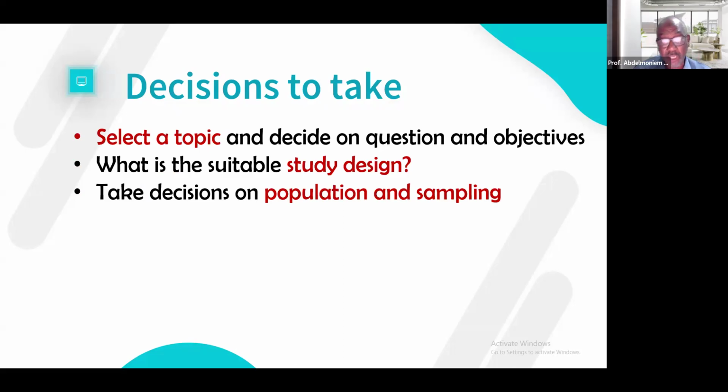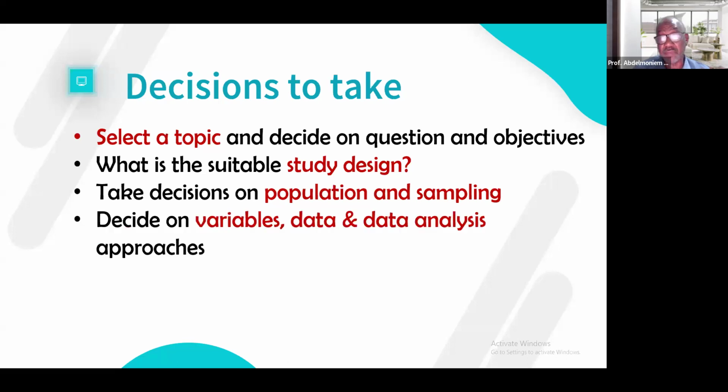The sample size, which population, which is the accessible population, and so on. And what sort of sampling I can use for this research, etc. Can this decision be held by AI? And also you need to decide on variables, on data analysis. Which approaches are you going to use?